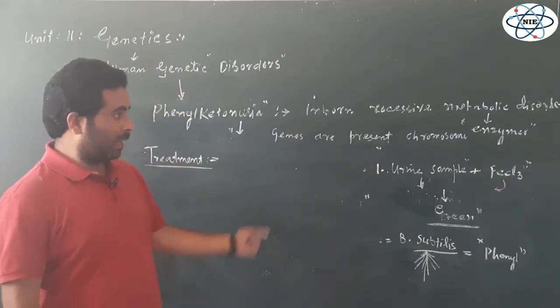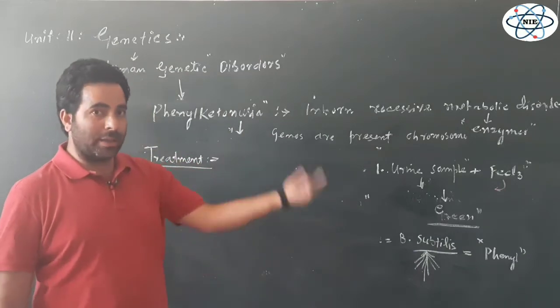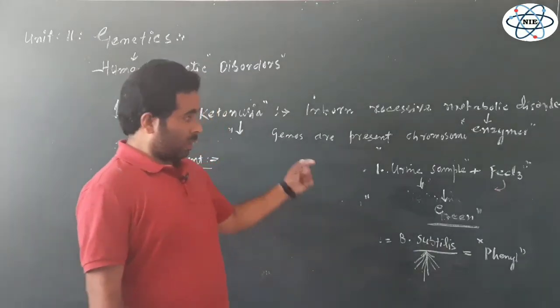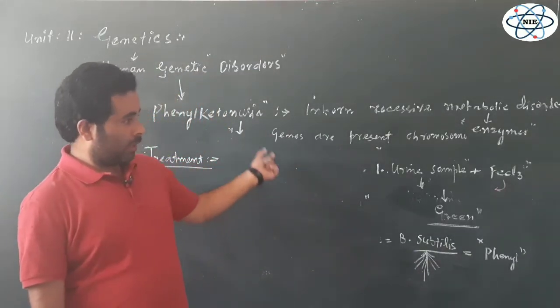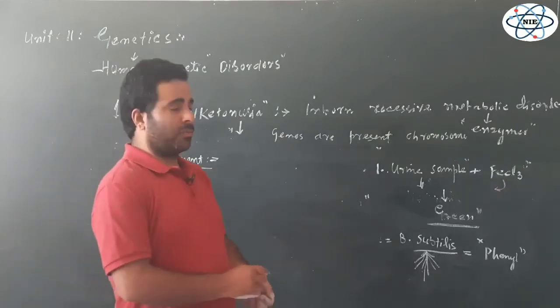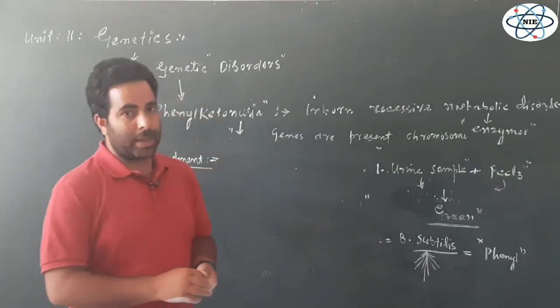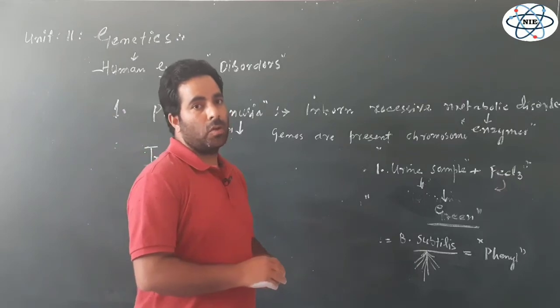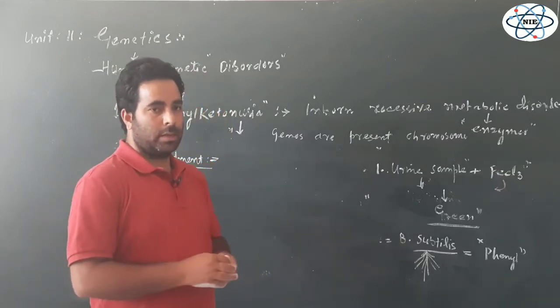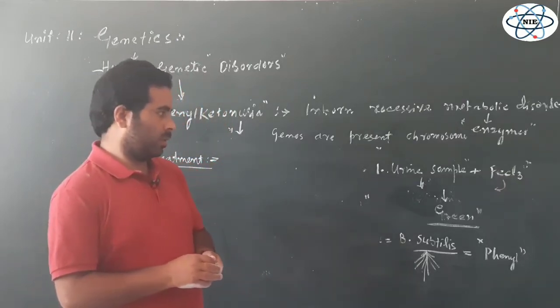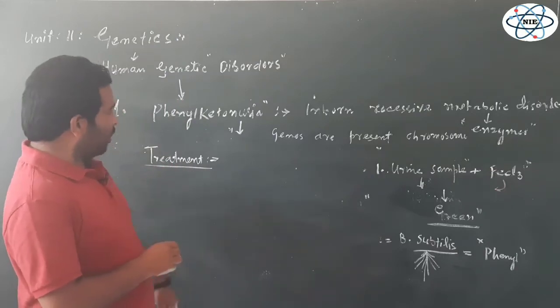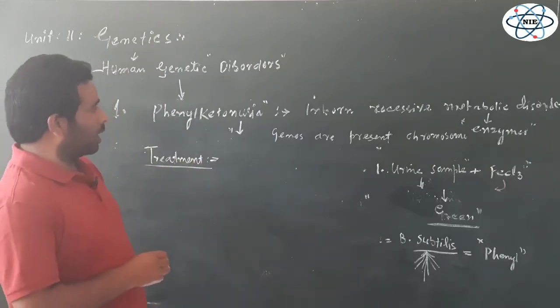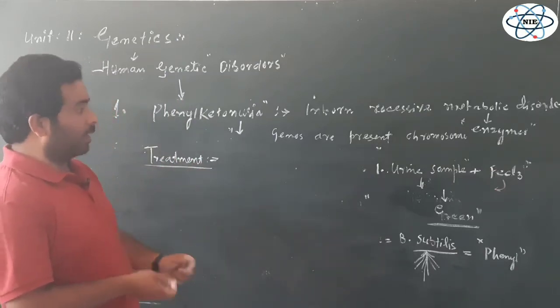There is one way to treat this patient: we have to replace the enzymes. That means the enzyme phenylalanine hydroxylase, which is lacking in the body, should be given to the patient. But this is a very tough process. It's a very expensive process, and it is usually not done, right? So the simple treatment for phenylketonuria, if there is early diagnosis,